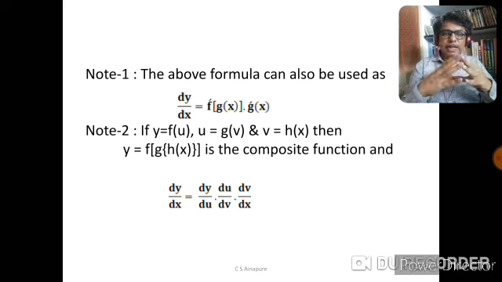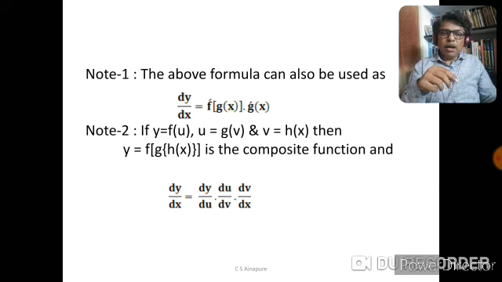So, as we have discussed, dy by dx will be, first we have to differentiate the outermost function, it is f only. So it will be f dash, and we have to write all the inner function as it is, that is g of h of x: f dash of g of h of x into, now remove the outer function f and differentiate the remaining function. Again it is a composite, g of h of x. So differentiate the outer function, it is g dash, keep the inner function as it is, g dash of h of x into, now remove g also and differentiate h of x, that is h dash of x.